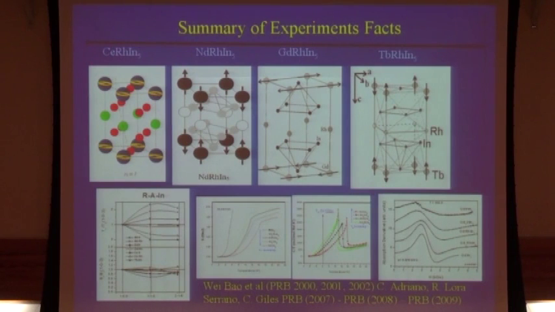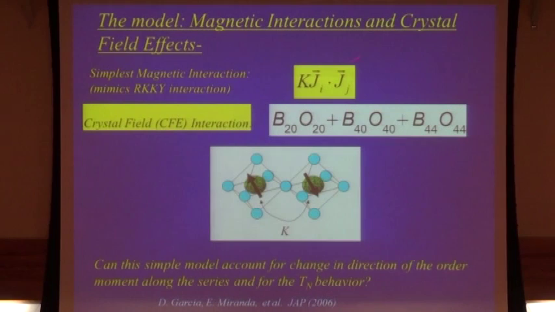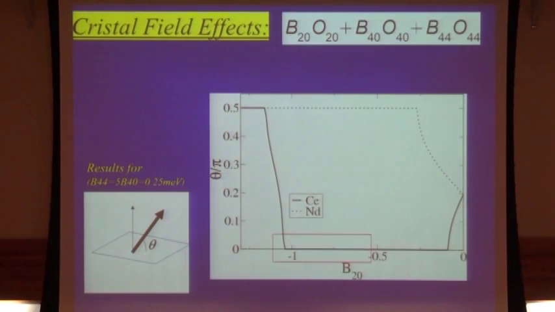So I asked my colleagues in Campinas to make a very simple model that includes mean field RKKY and tetragonal crystal fields, to see if only this can account for the T_N behavior that we found. And they found the following. Only with tetragonal crystal field, it is possible to go from a cubic compound. So we started with a cubic compound. We chose the cubic crystal field parameters for